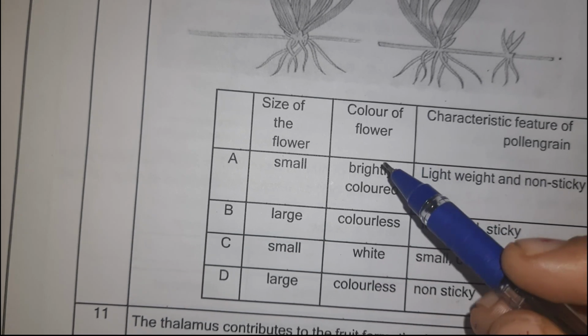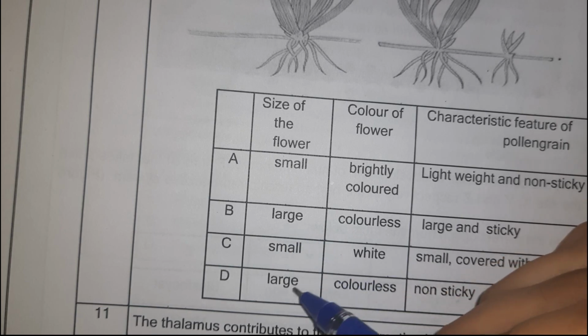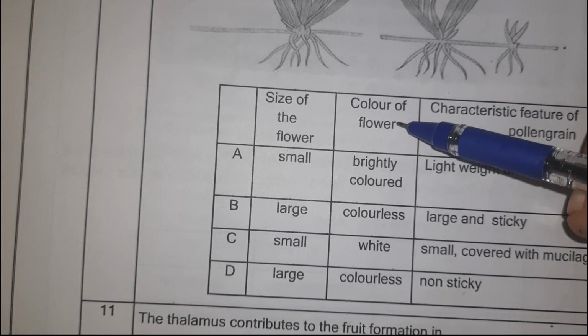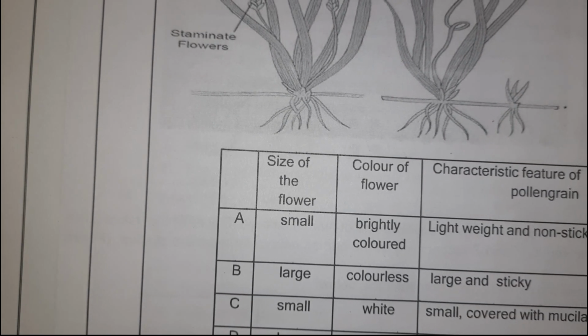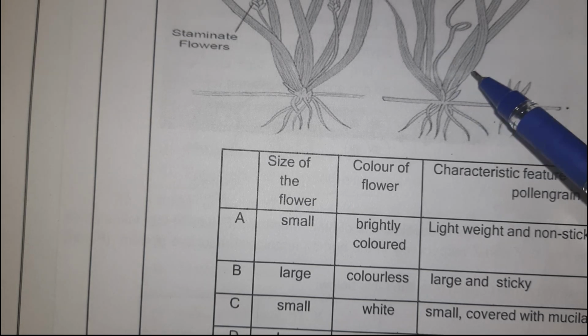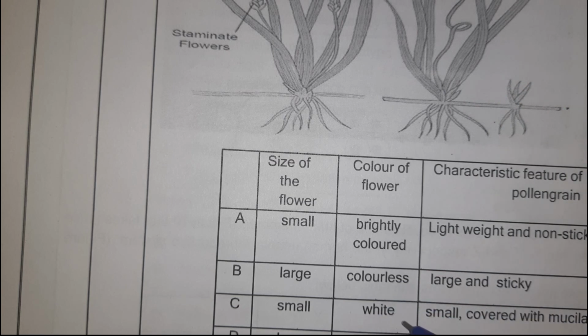Okay, in the second case when I am looking at the color of flower, since we have eliminated option B and D, we are left with A and C। Now color of the flower doesn't matter in the case of hydrophytic plant, it matters in the case of those plants which are pollinated by insects, not in the case of plants which are being pollinated by water। So we can take into consideration white color।